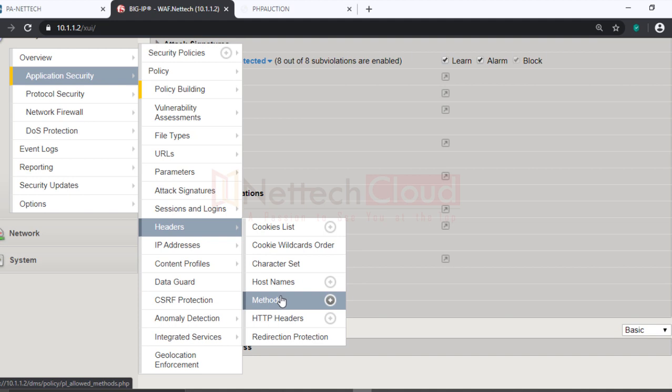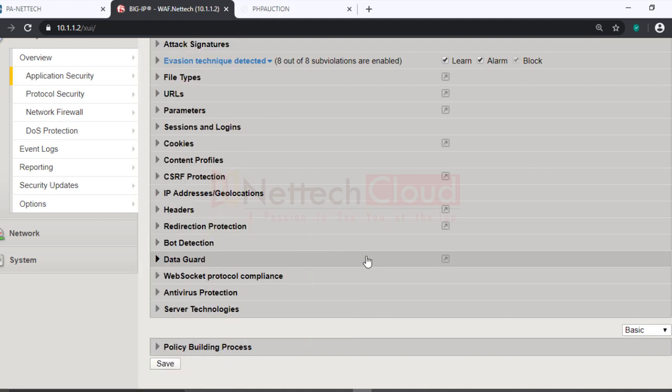So we can specify individual components of HTTP, in fact, right? Even if the HTTP header is not as per the RFC compliance, then the HTTP request is rejected because it will trigger a violation.